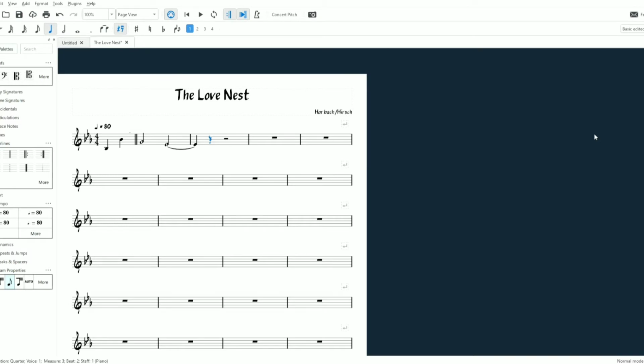The third main method for entering notes is through your keyboard. And this is the method we're going to use to fill out our lead sheet today. Basically, the rhythmic values are placed up here in this tool palette, as I mentioned. And if you hover over these rhythms, you'll notice that there is a number in the parentheses. That's what I'm going to use to enter the rhythmic values that I want. You'll also notice that we've got some of these other items here,